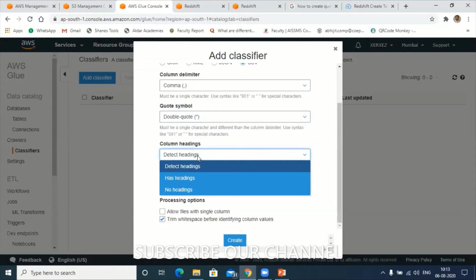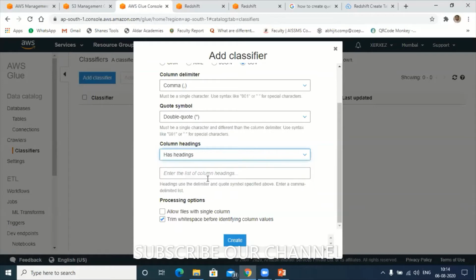Next we can give has headings, where the column contains headings called attributes, or no headings. There are three options here. Since my CSV file contains a heading, I'll click on has headings.